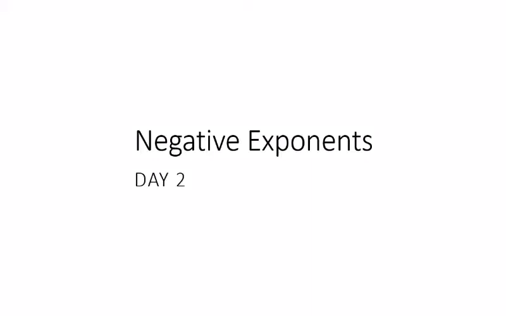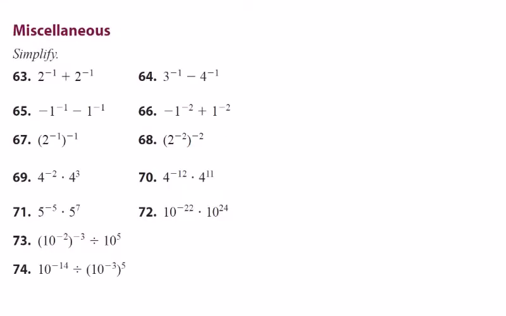We're going to spend some more time in this video talking about negative exponents. So, let's see some examples. So, number 64. So here we have a situation where we have 3 to the negative 1 minus 4 to the negative 1